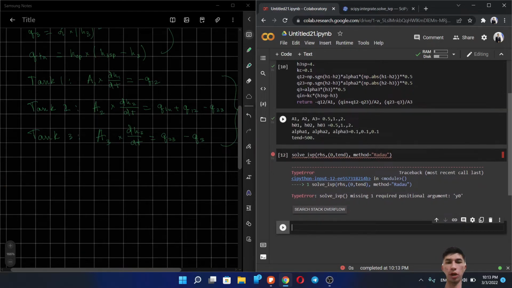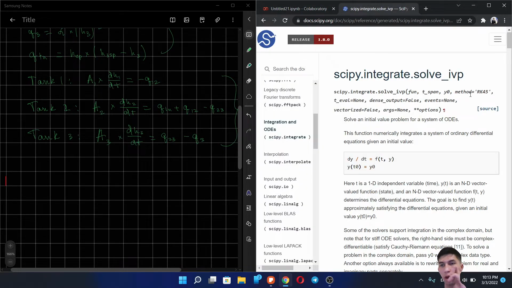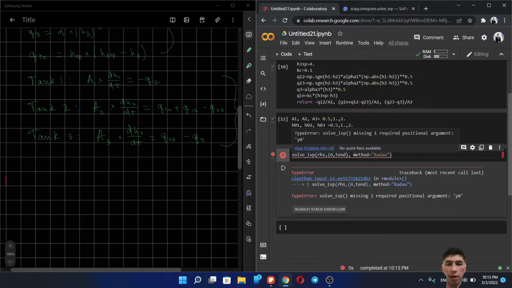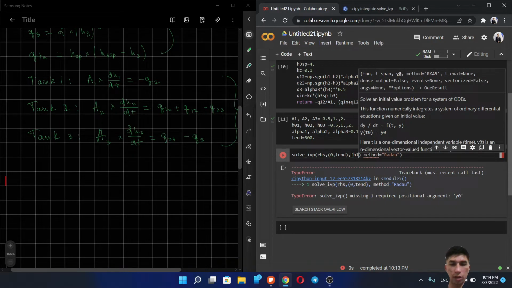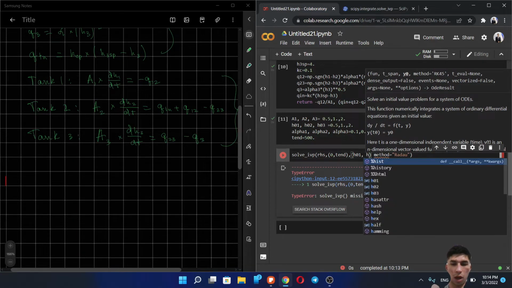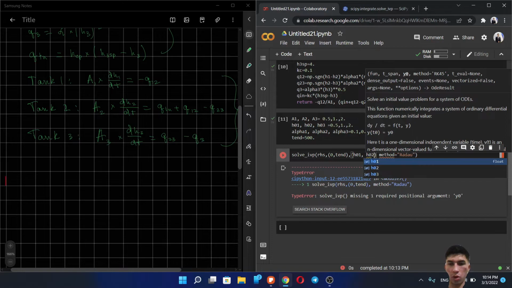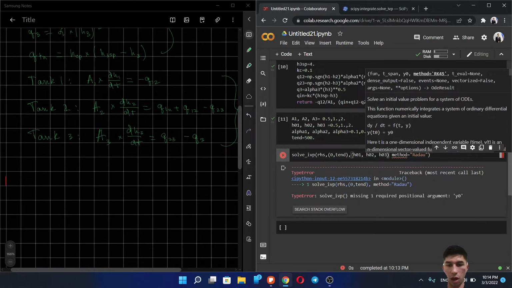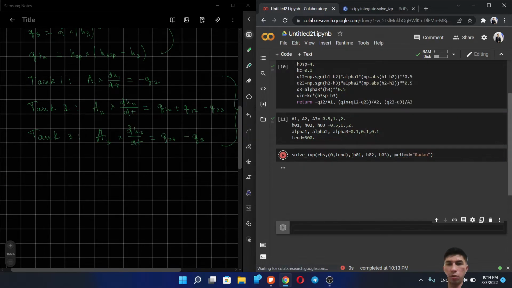Oh, we forgot to include our y values here. So if we go to here, we should include the y values, which are going to be our h values, right? h1, our initial h values. So we can include our initial heights: h01, h02, and h03. And comma. So now we should